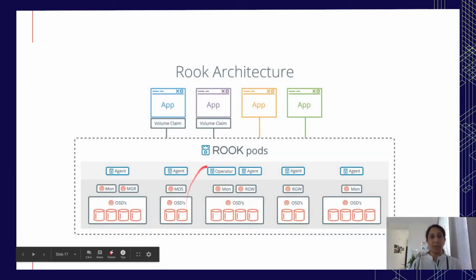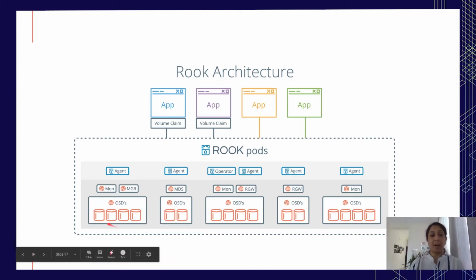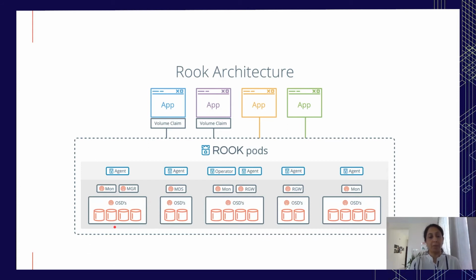So if you look at the Rook architecture, applications ask for a volume, be it a block or a file. It is serviced by the CSI. So the Rook operator, like I said, is the core component, and it manages Ceph, it deploys the cluster. The operator decides how to actually place the various pods. So if it is the data pods, the object storage daemons, which I will talk about later, it determines which are the storage nodes that it needs to